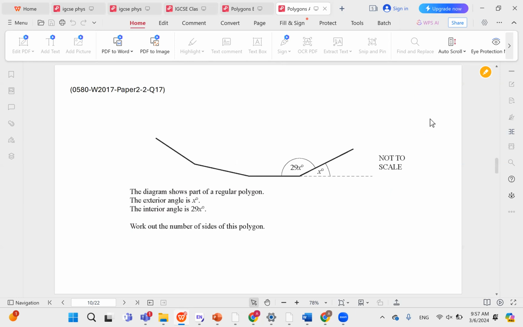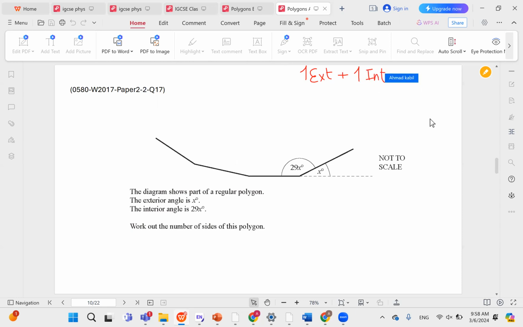The diagram shows part of a regular polygon. The exterior angle is x, the interior angle is 29x. Work out the number of sides of this polygon. So it might look confusing or weird, but it's really not. You should just recall that one exterior angle plus one interior angle,